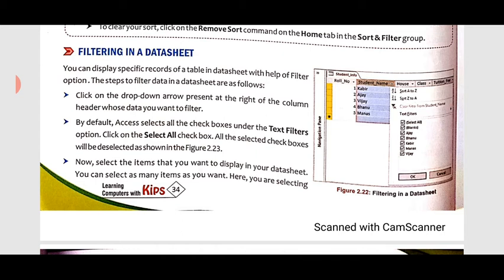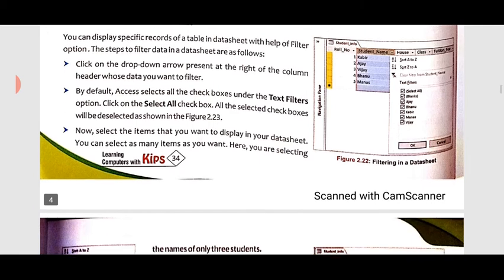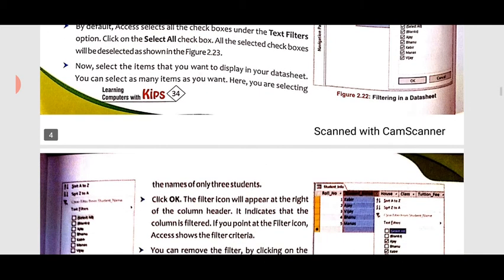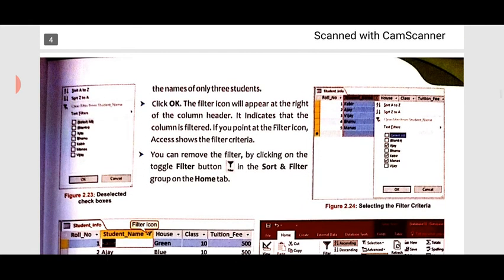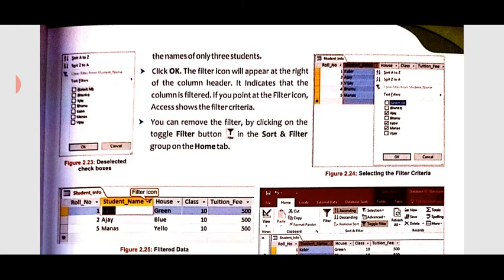Click on the Select All checkbox, so all will be deselected. Now select the items that you want to display in your datasheet. You can select as many items as you want. Here you are selecting the names of only 3 students, for example, and click OK.